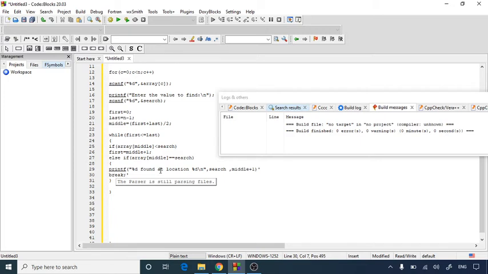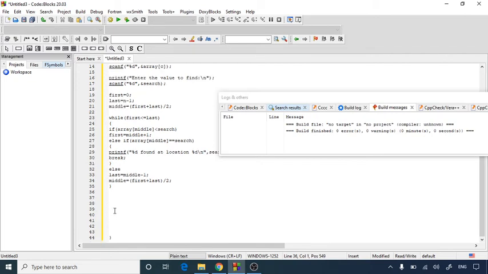Else, you have to do last equals middle minus 1, and middle equals again (first plus last) divided by 2. This is done till here.